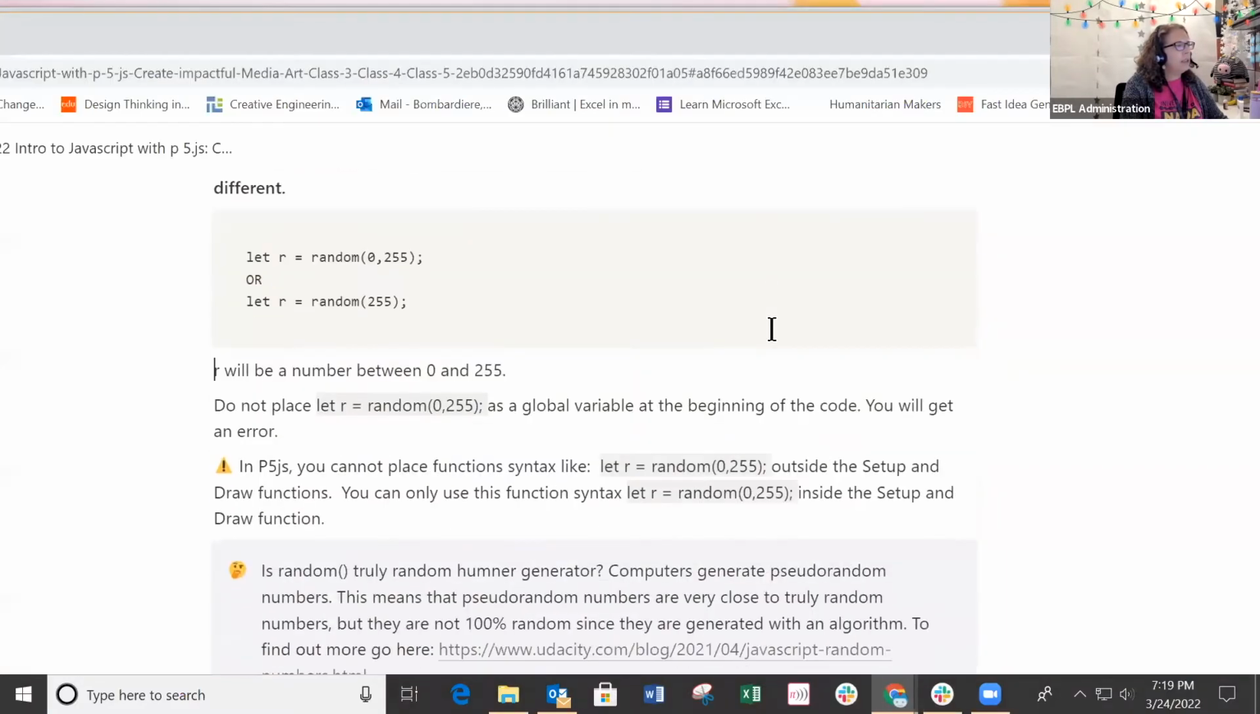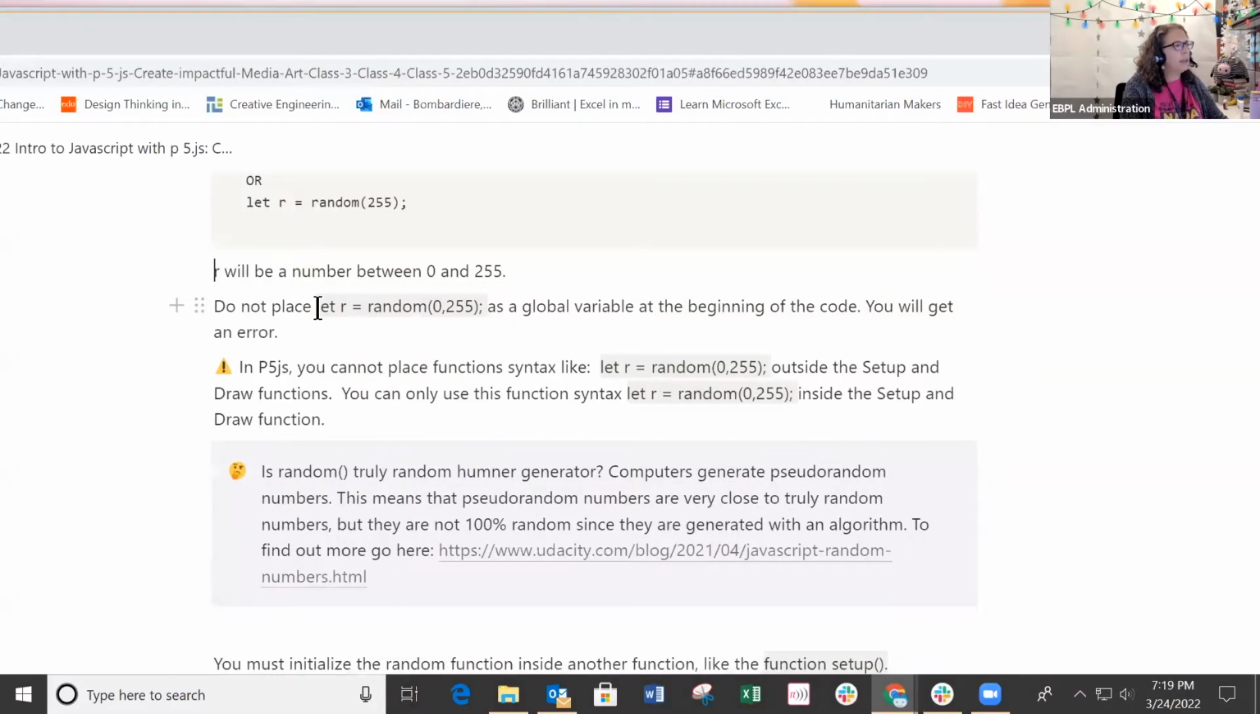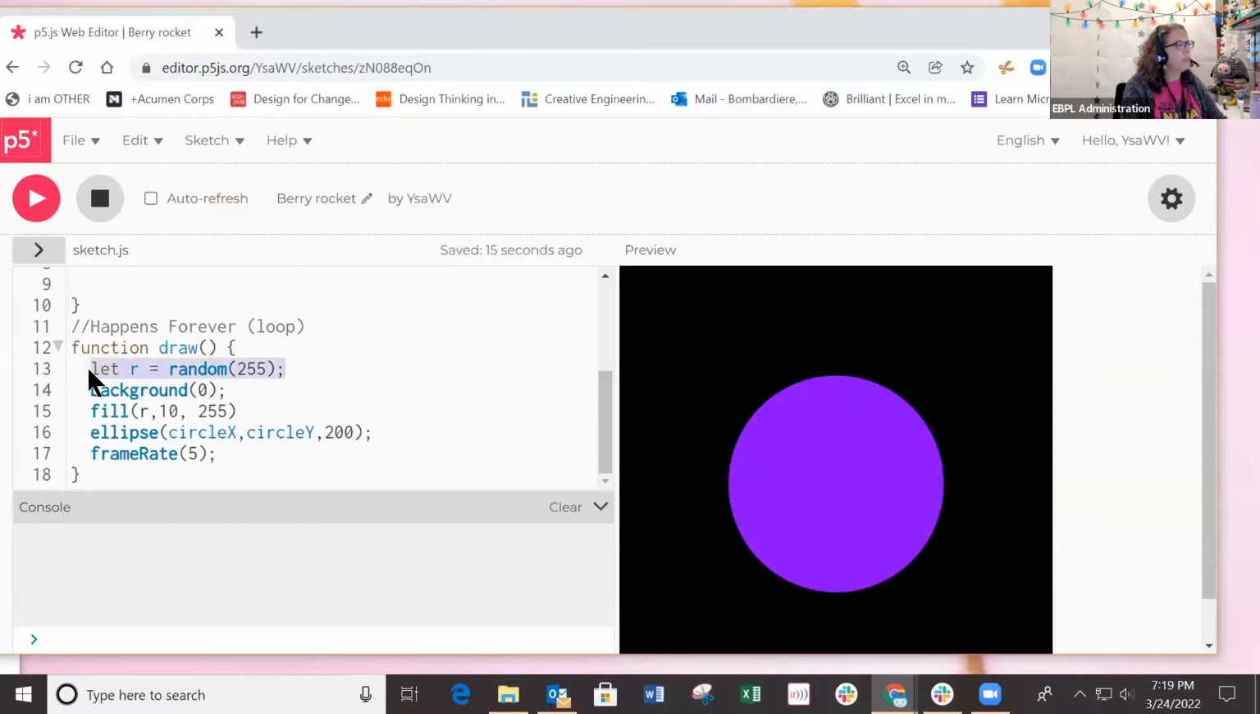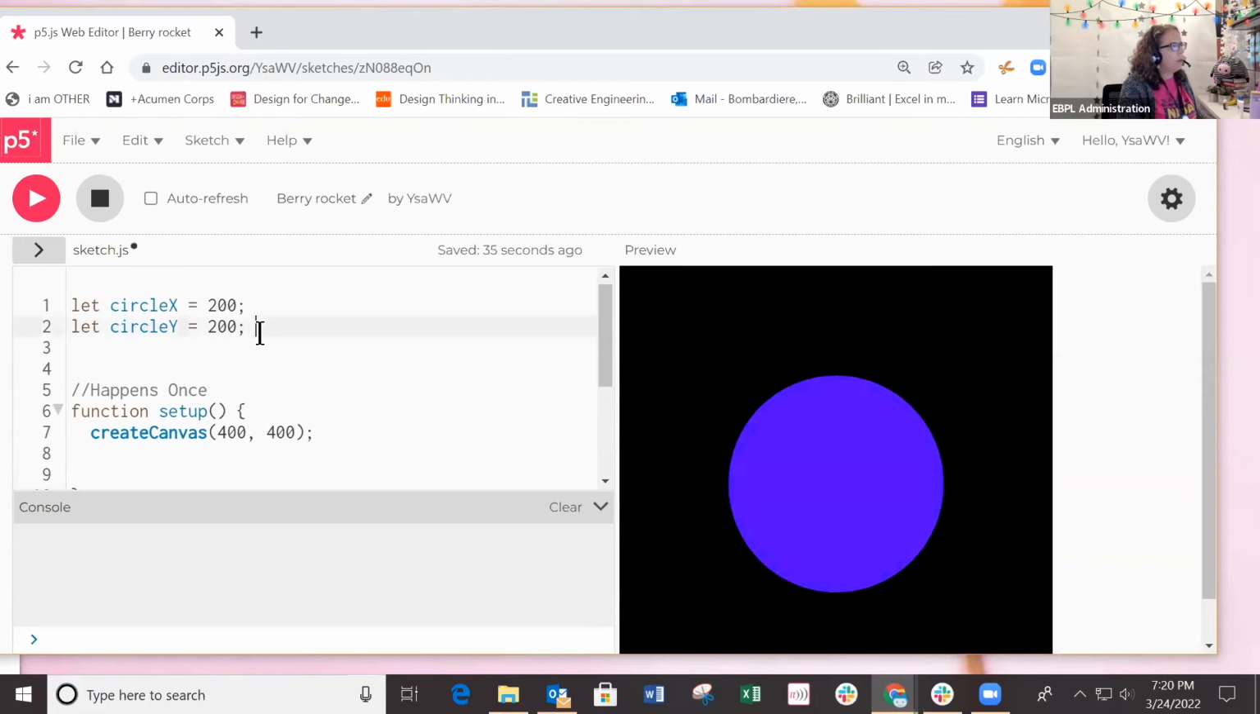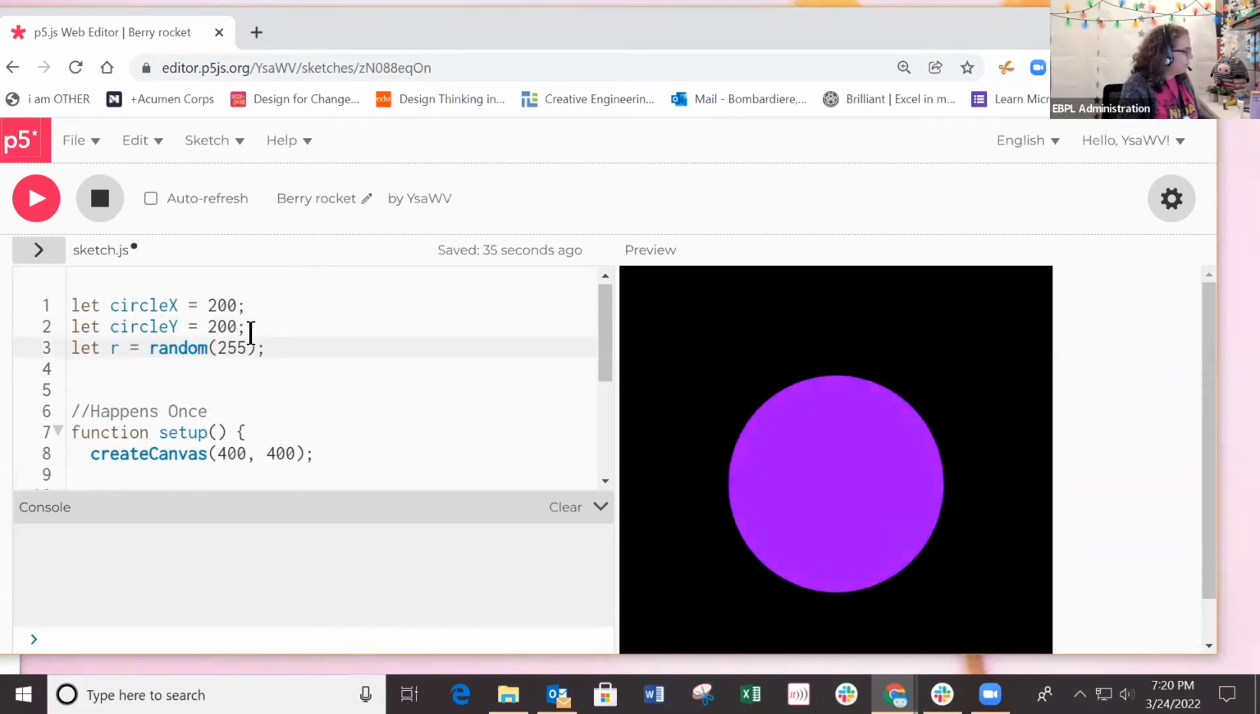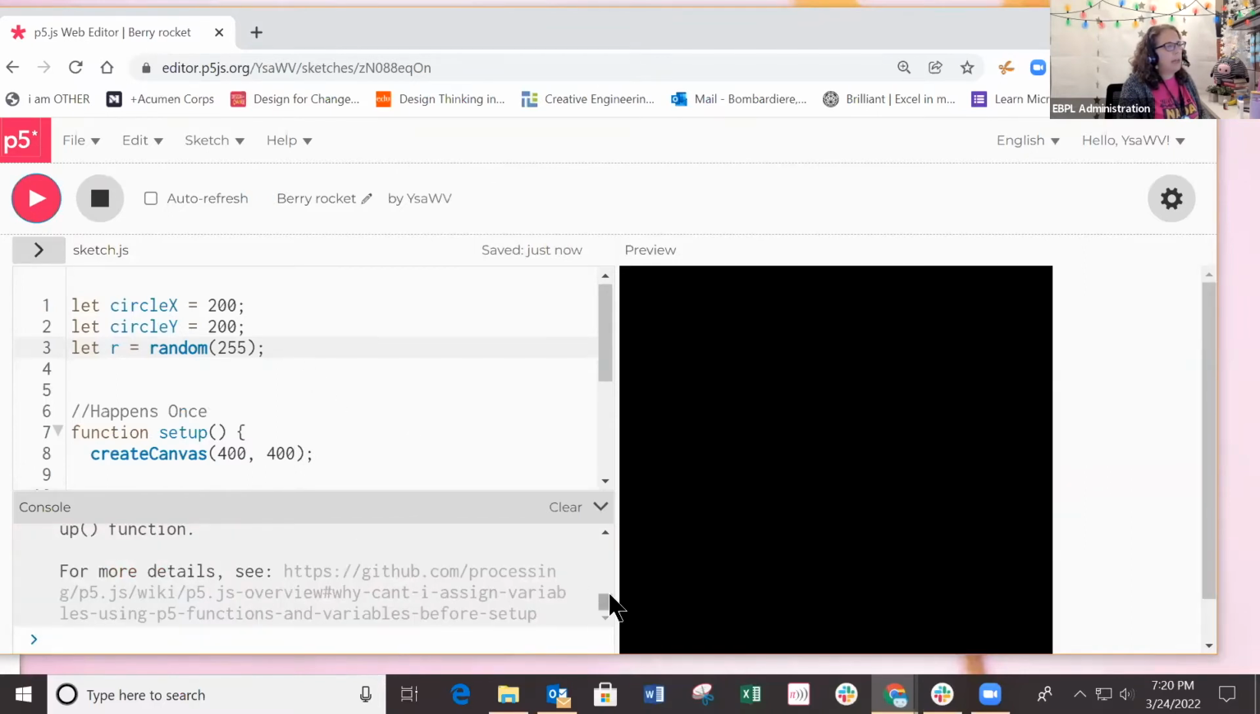Then the other thing is, when you wanna initialize the variable like I just did here on line 13, you need to put this syntax inside a function. You cannot put this at the beginning with my other variables. If I do this and put it at the beginning with my other variables, I should get an error. So I get an error